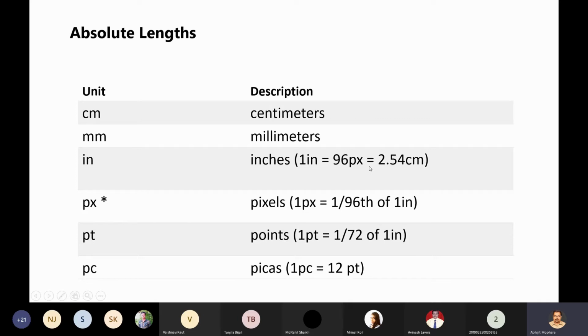See why I'm saying this: absolute lengths are not normally used nowadays. In previous times, the monitor or screen size used to be either 14 inches or 15 inches, right? There was no monitor size beyond this, but those days have gone. Now the screen sizes for mobile devices also vary from each other. Also you have big television sets which are smart televisions. You can surf the internet using those televisions.